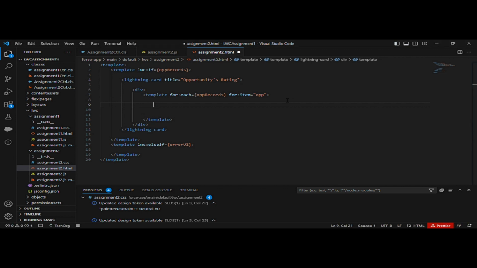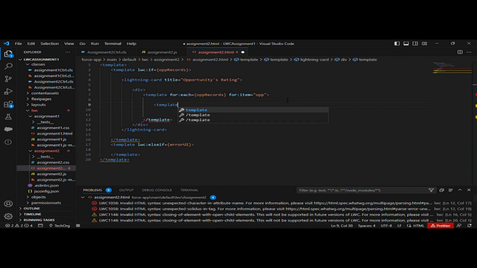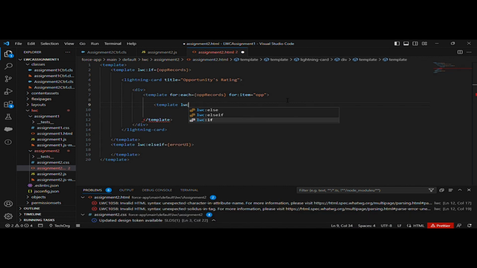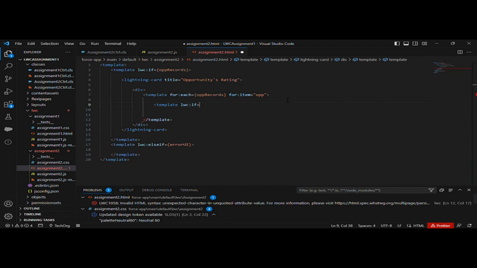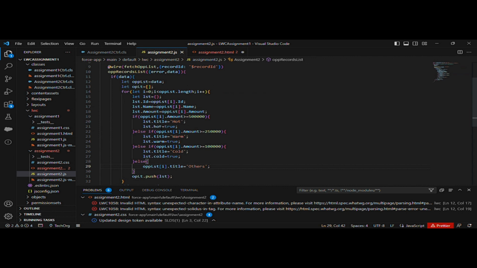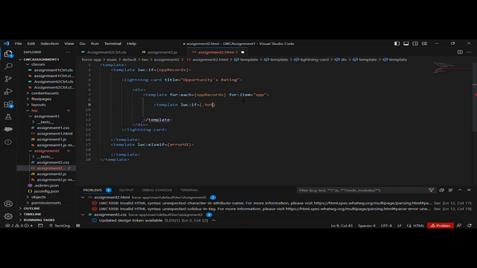In the conditional rendering, I will be checking that lwc:if. So what object property have we set? We have set dot hot. If you remember, in our JS file we have set the hot property to true for title hot. So here the current item is OPP,